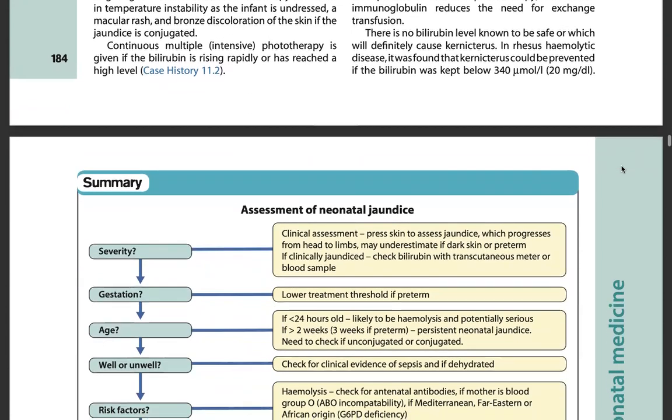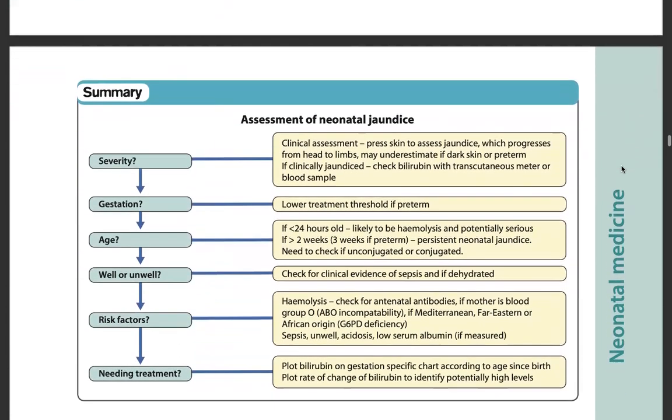Now, the summary assessment of neonatal jaundice. Severity, clinical assessment: assess jaundice in the skin, which progresses from head to limbs; may underestimate if dark skin or preterm. If clinically jaundiced, check bilirubin with a transcutaneous meter or blood sample. Gestation: lower treatment threshold if preterm. Age: if less than 24 hours, likely to be hemolysis and potentially serious. If more than 2 weeks, 3 weeks if preterm,